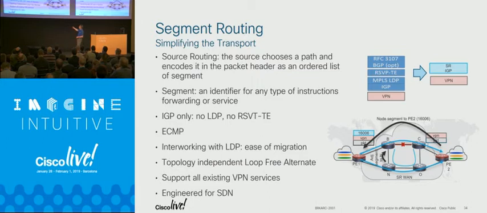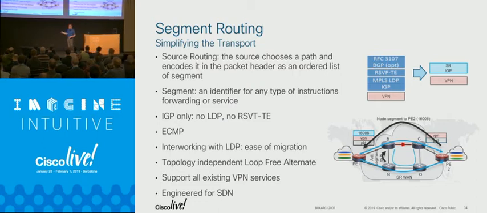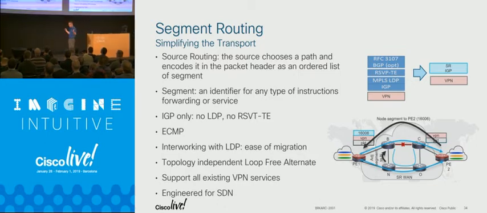For example, your LDP and IGP synchronization. Sometimes your IGP may already converge, but your LDP is not converged. So you're actually sending the packet to a black hole without the proper label stack, and so on and so forth. By doing so, because we're using IGP, we natively support ECMP, so segment routing natively supports equal cost load balancing. It also supports what we call topology independent loop-free alternate, which in other words is fast reroute. But without your configuring of RSVP-TE backup paths,